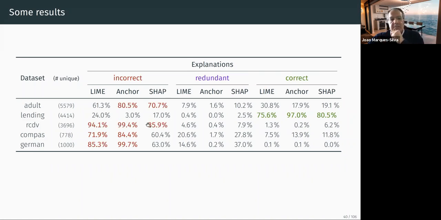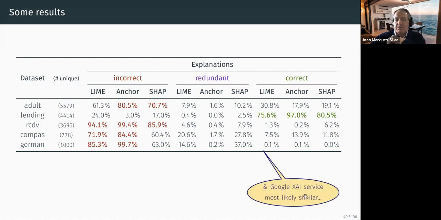Okay, SHAP is slightly better than the other ones, but in any case, with the exception of the lending data set, in all the other data sets, in most of the samples that we considered, we were getting incorrect results. So the explanations that these tools compute are not sufficient for the prediction. We show that usually if they get it right, and they usually don't get it right, then there is not much redundancy. One of the reasons is that these tools usually are quite aggressive. They propose very short explanations which are not correct.